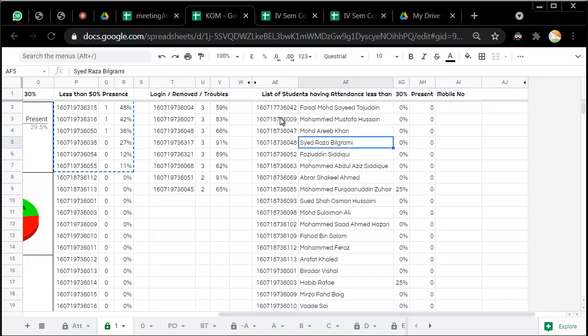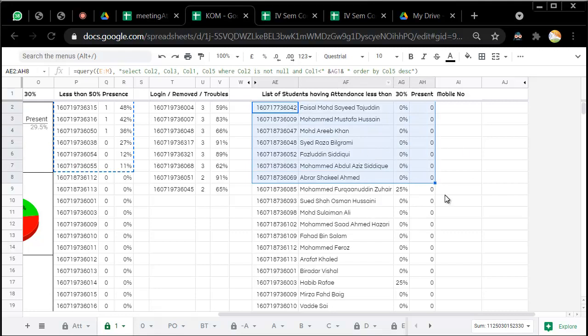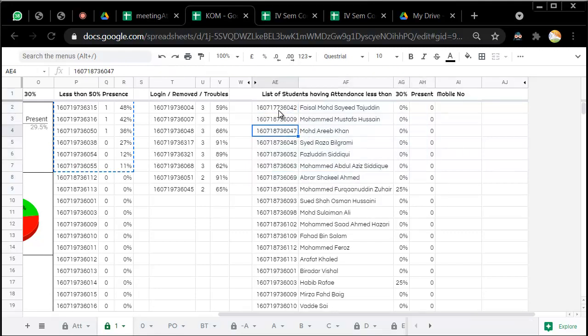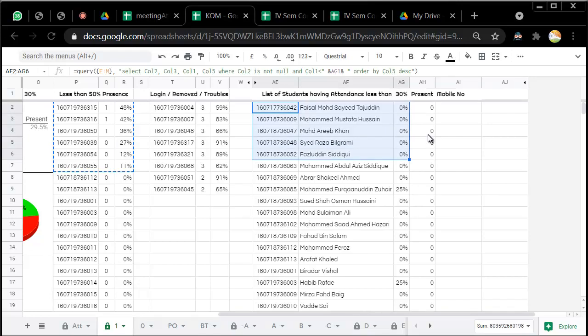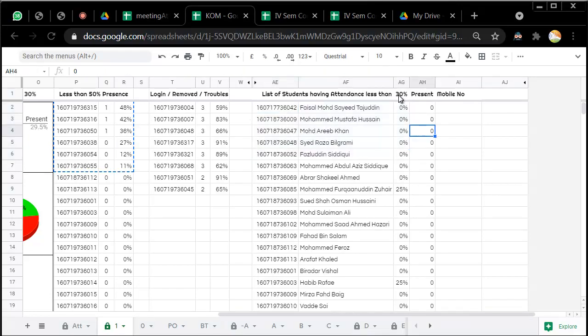Finally, coming to this last analysis, this one is meant to be used in between. So a faculty may give the students some problem to solve, and while the students are solving it, he or she can download the attendance and create this analysis. So what this analysis tells us is whether the student is having less than this much percent of overall attendance. And student who is having less than that percentage of attendance, if he or she is present, then his name will pop up at the beginning itself.